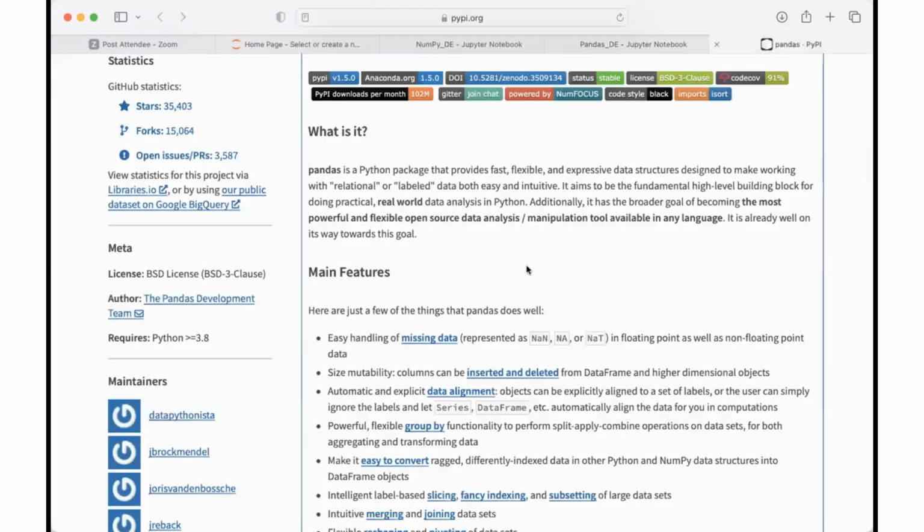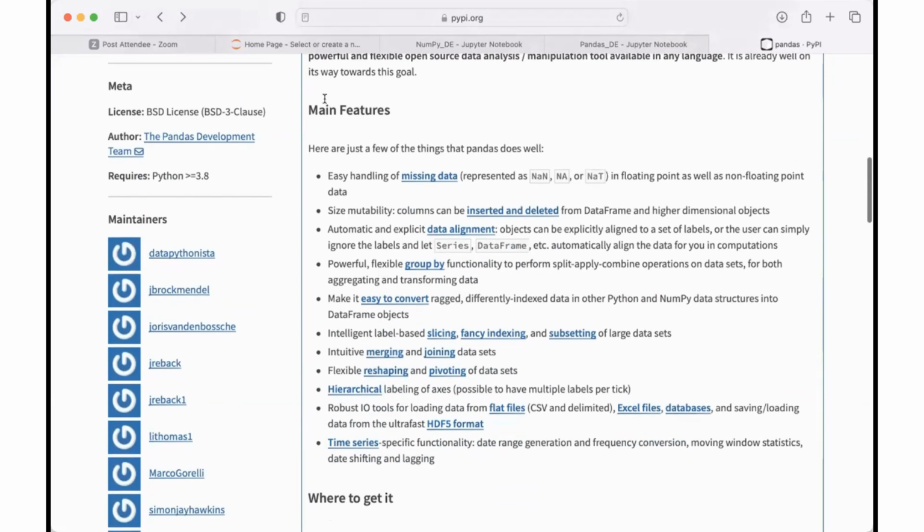But the functions mostly used, these are basically the main features that are used in data analysis involving machine learning or deep learning. These are the most used functions of pandas.